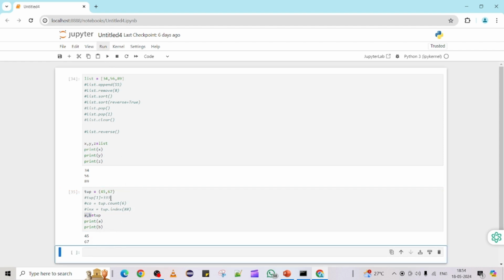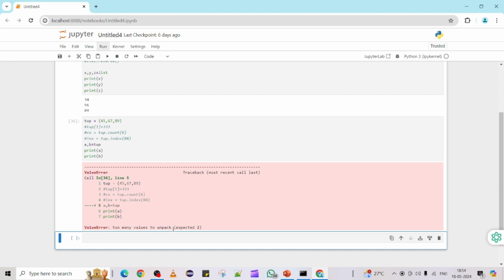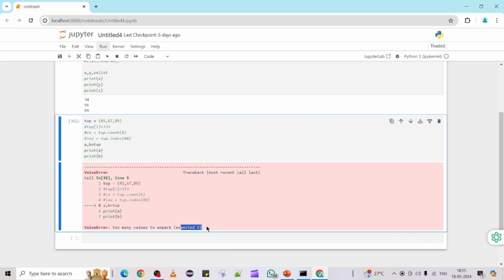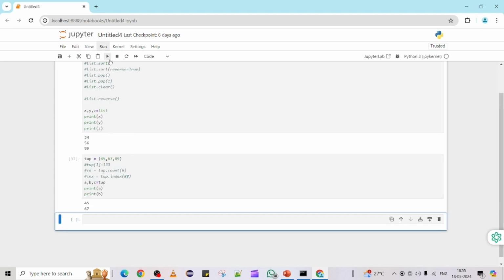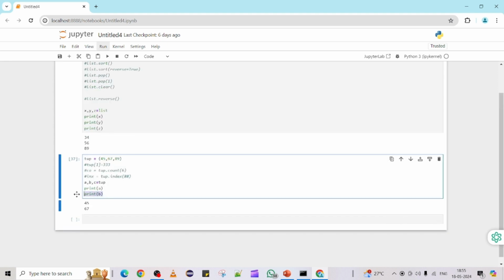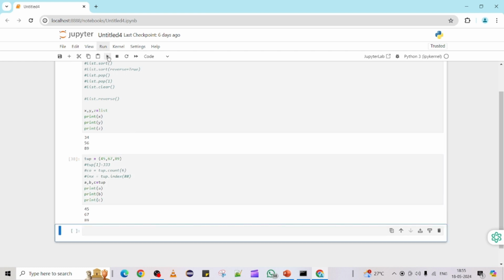So it's assigning. Similarly here also, if we have more variables than the tuple has elements, then you will get the error too many values, unable to unpack, as expected, right? So in this case, if you want to make it succeed, you have to add another element to your tuple,